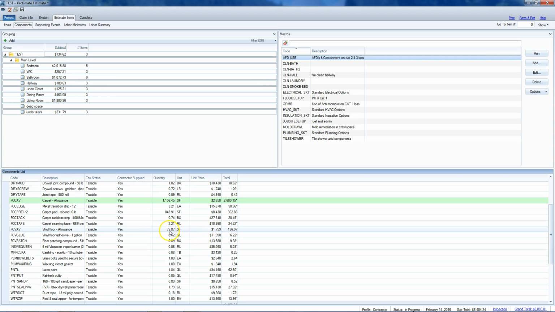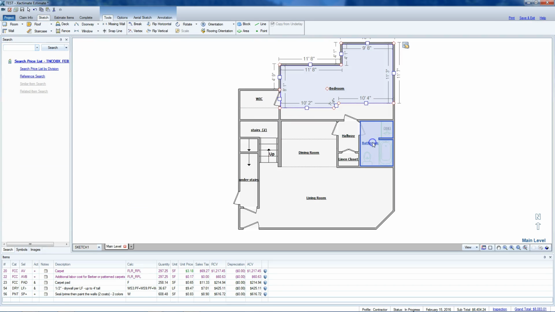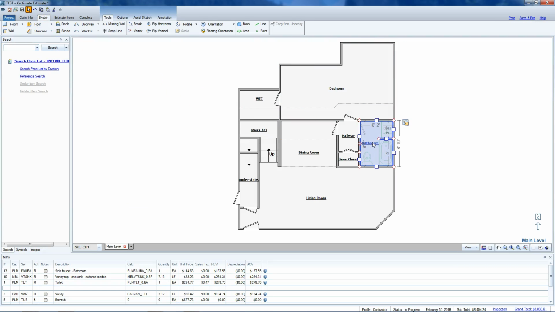Here's the other thing. Check on how much it's ordering. If you're at 77.87, and say that bathroom, because of the size, let's head over there real quick and look at it. Size is 6'2" by 8'10". Now, very likely, you're going to have to order a 12-foot roll of sheet goods, and you're going to have to order it 9 feet, or 6 feet long, plus some waste. So you have to order from this wall to this wall at 6'2", plus some waste. So say we have to order at 6'6". Okay, so 6.5 feet times 12 feet because you roll it out this direction. Okay, so 12 times 6.5,